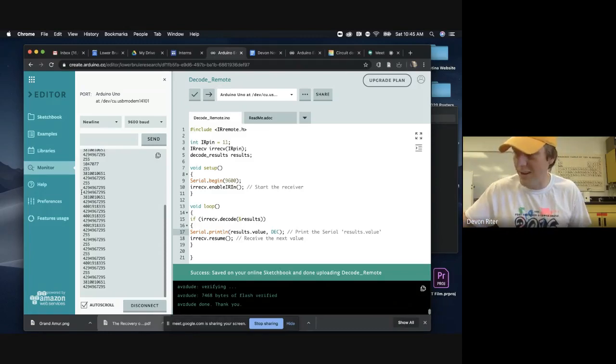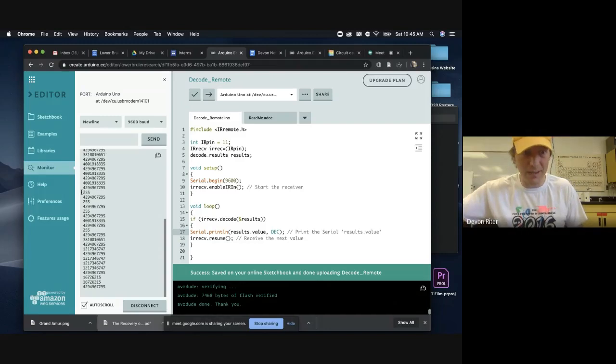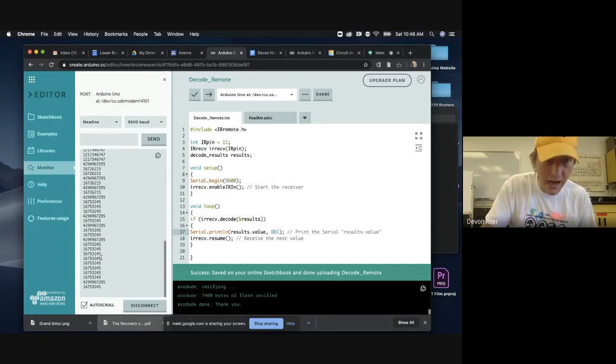Let's just try the OK. There we go. So this remote is definitely not the best. Let's see if we can just try. There we go. Now I'm getting a regular number here. There we go. I just have to be very careful about which number I press. But it looks like I'm getting a common number right here. So this is the code